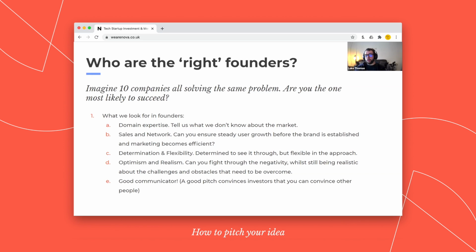And finally, a good communicator, and this will come through your whole pitch, hopefully, as long as you're thoughtful and concise and open to Q&A. But what a good pitch does is it convinces us that you can convince other people. So it's really worth getting your pitch down, building the structure, and running through it as many times as you can to test the content. Because if you can't pitch us very well, then we won't believe that you can pitch a customer very well, that you can pitch co-founders very well, that you can pitch other investors very well. So it's kind of a test within the test, and we are absolutely looking for good communicators.